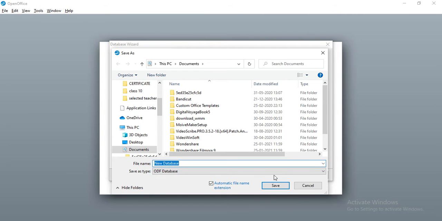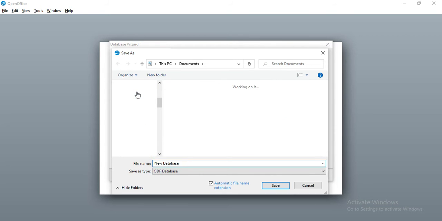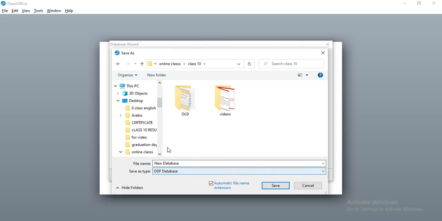Specify a name for the database in the file name field and click Save. You can also select the place where you want to save the file.